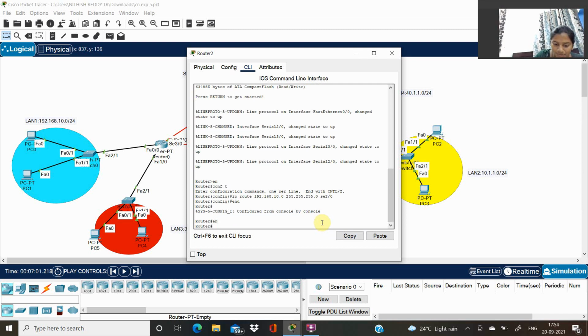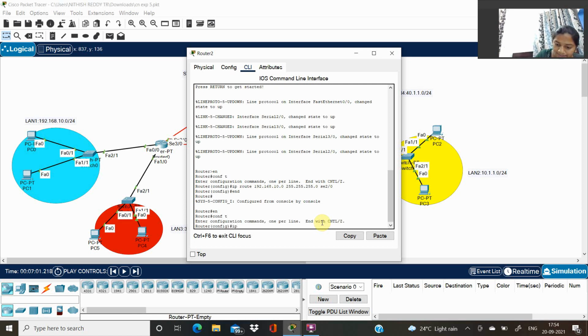Enable, configure terminal, then IP route. We have to take the network address of LAN 3.